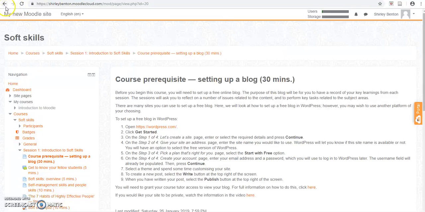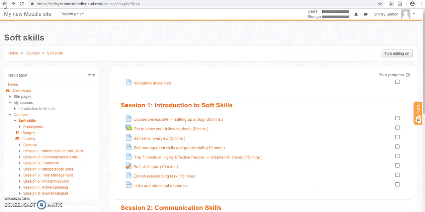So when you've done that task, you will click the back button to get back to the session homepage, and you will then need to check the activity completion button here on the right. And it's very easy to do this. You simply click into the square box like this. This indicates that you've completed that task, and you will then need to work through the other tasks in session